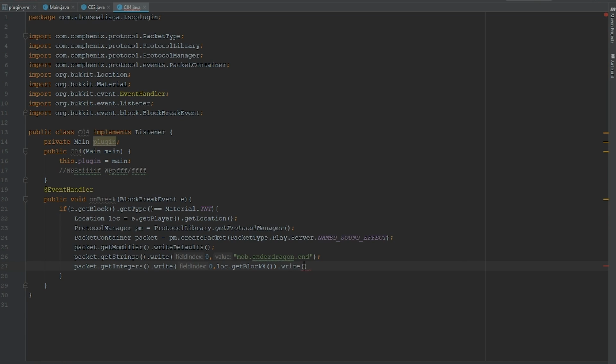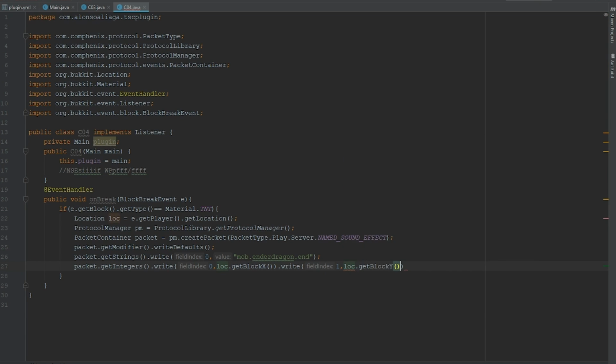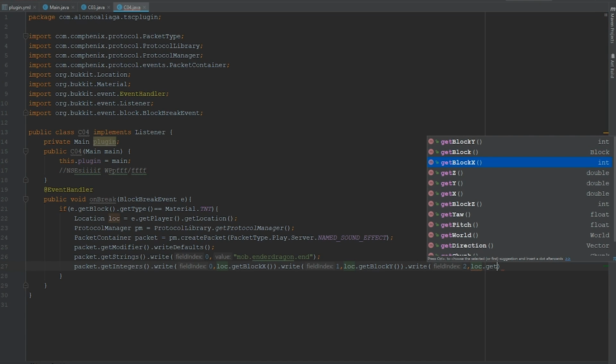The second one will be location.getBlockY. Third one will be location.getBlockZ,